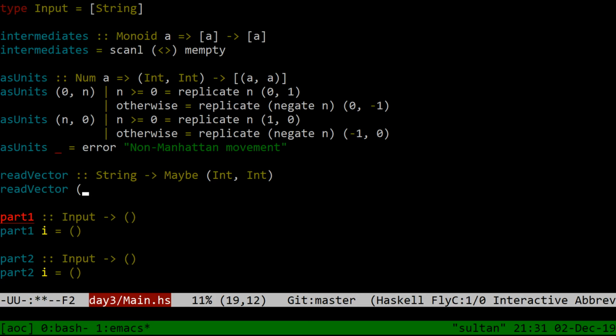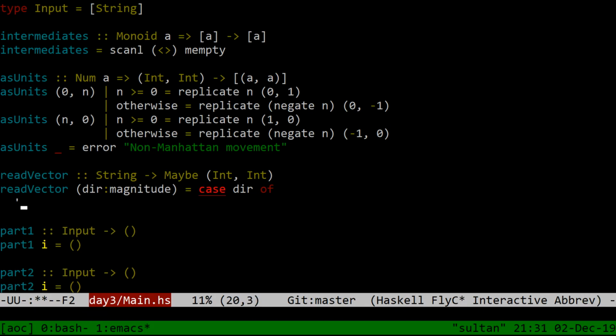So readVector of direction cons to magnitude is case direction of left, you know, something, which I guess would be,